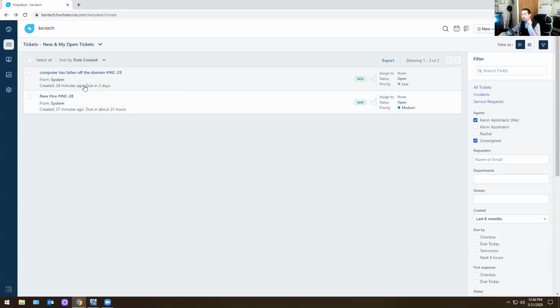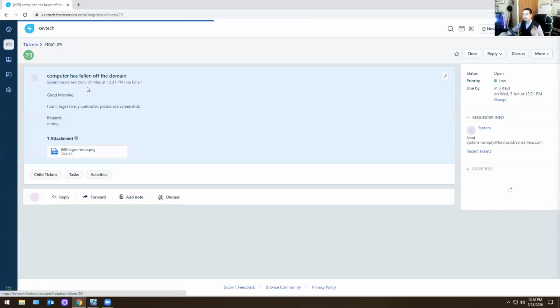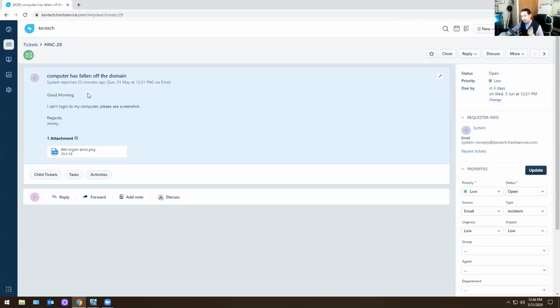We're going to do the one that has the computer has fallen off the domain. You won't do the new hire because the new hire is not due until tomorrow. So you can do that later today as you're working throughout the day. We're going to do the one that says computer has fallen off the domain because that user cannot do their